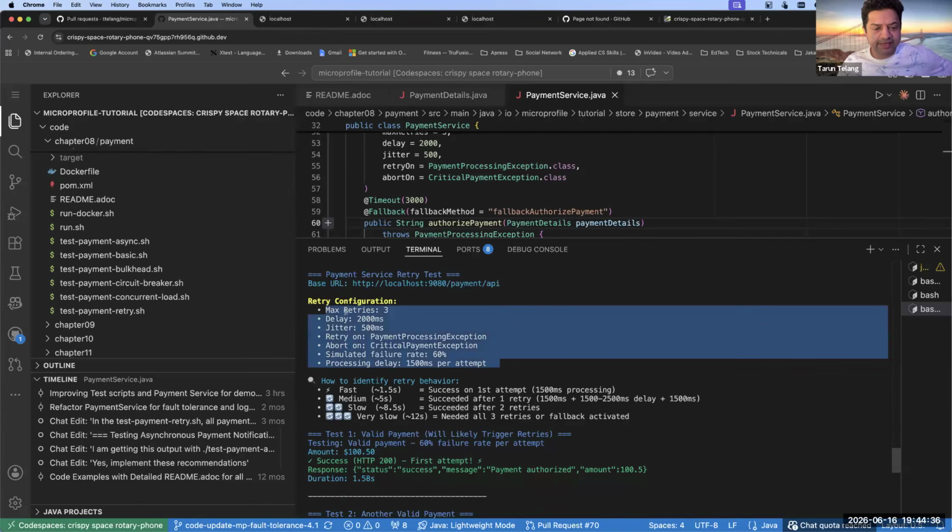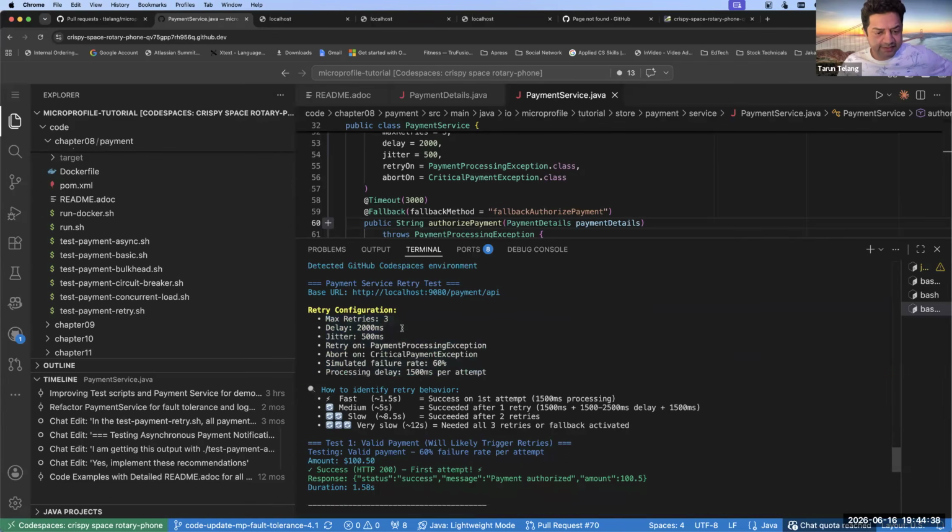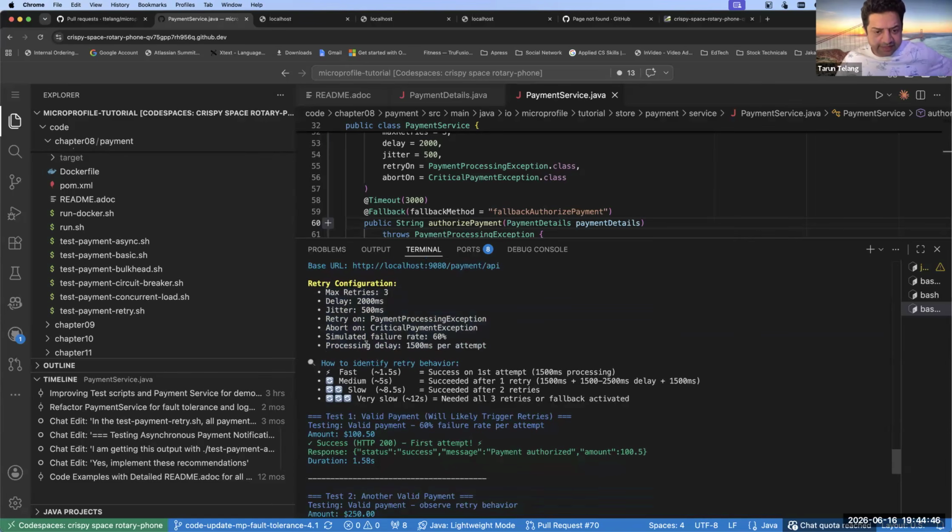Basically there are 3 retries, and for each retry there is a delay and some random jitter has been added. And then there are errors also. There are recoverable errors as well as unrecoverable errors. When there is an unrecoverable error, then there is no retry. So all that